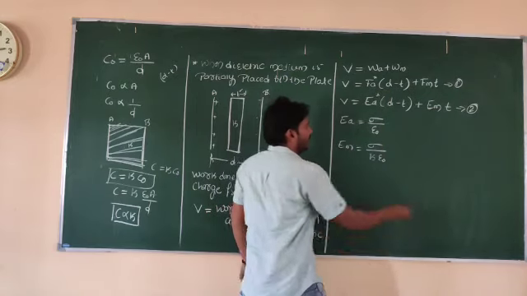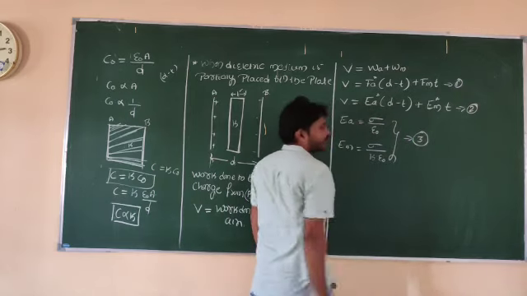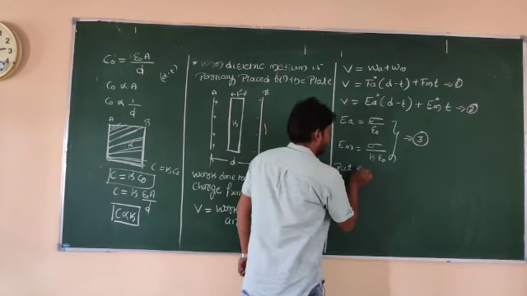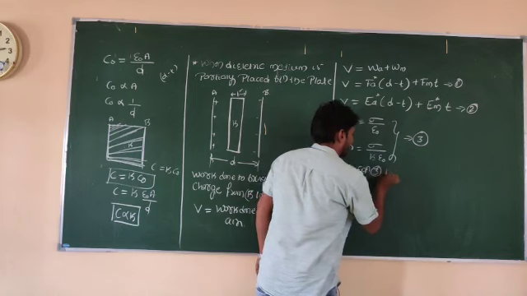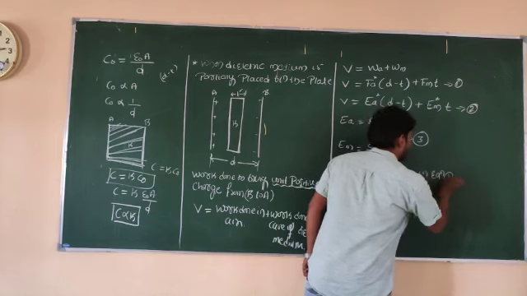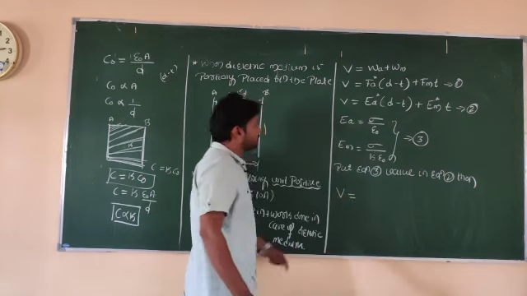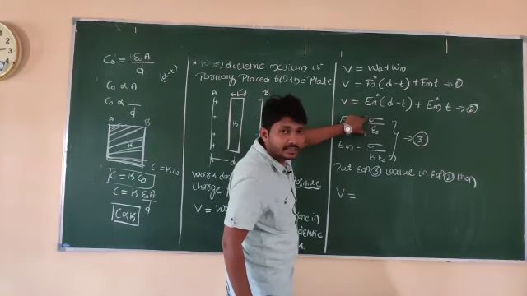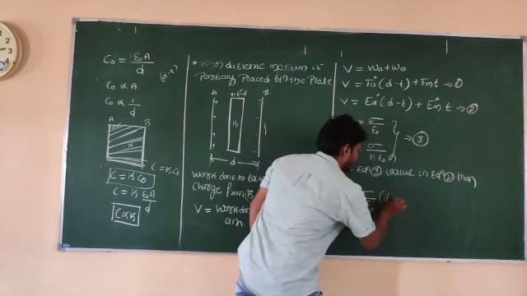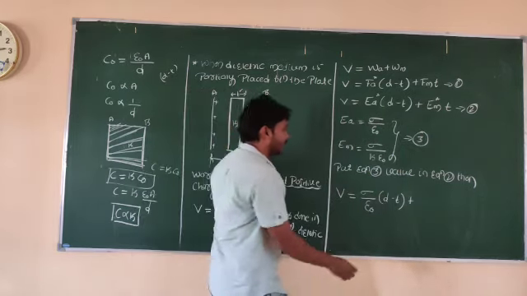If I fill that E of A and E of M value in equation 2, let me take this one as equation 3 here. So I will substitute equation 3 value in equation 2, then I will rearrange this equation. So V is equal to, wherever E of A is there, I take sigma by epsilon naught into d minus t, plus E of M, that is sigma divided by K epsilon naught.